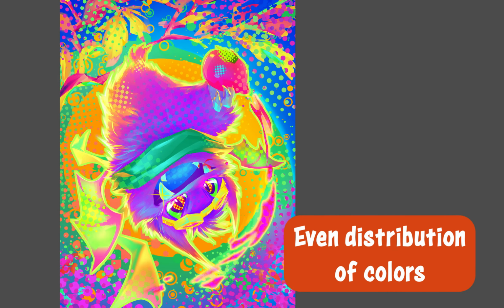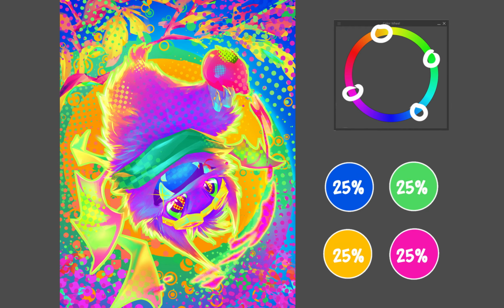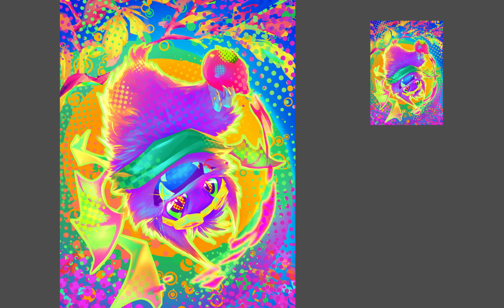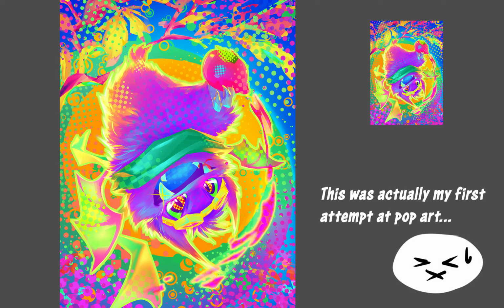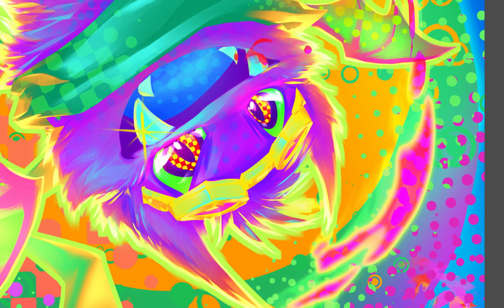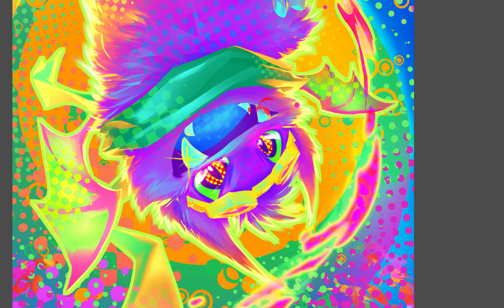Even distribution of colors. In a picture where all colors occupy the same portion of the canvas, the eye keeps getting distracted and gets tired of it quickly. But actually, you can still take advantage of it in some cases. Especially in quick advertisement. Pop art is a perfect example of that, just like many similar advertising styles, because keeping the viewer's attention isn't their purpose. Their aim is to catch the eye with an attack of colors for a moment long enough for the viewer to click the banner or subconsciously remember the product.